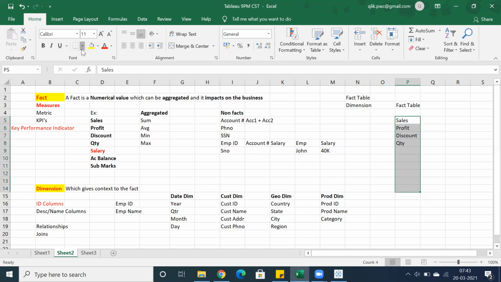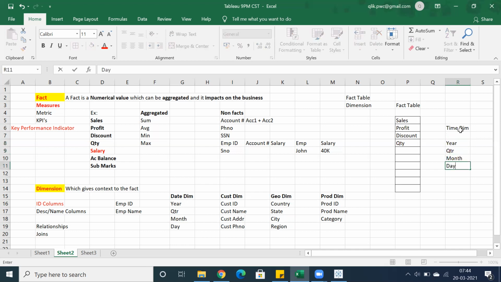Okay. So what actually is a key column? Key columns are nothing but dimensions. Let's say we want to establish a relationship with a time dimension table, or a date-related dimension table. So we have year, quarter, month, day.